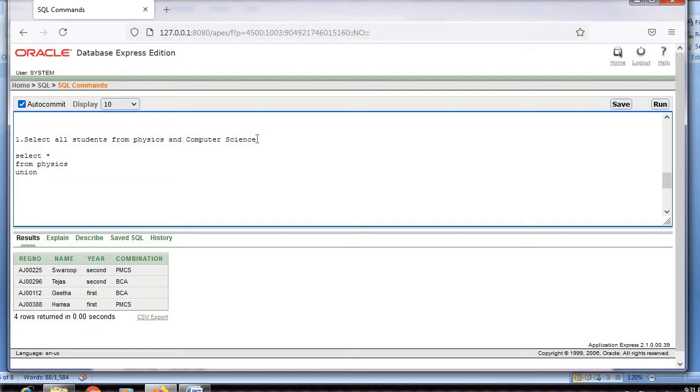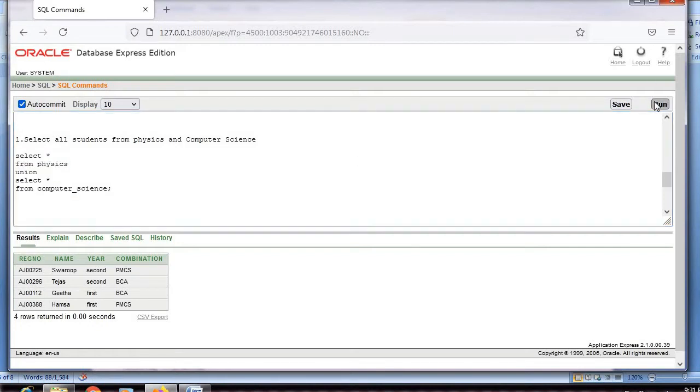Then I have taken from physics. Now I have to take from computer science. Select star from computer science. Okay. Now I'll just run this and see whether my query works or not.